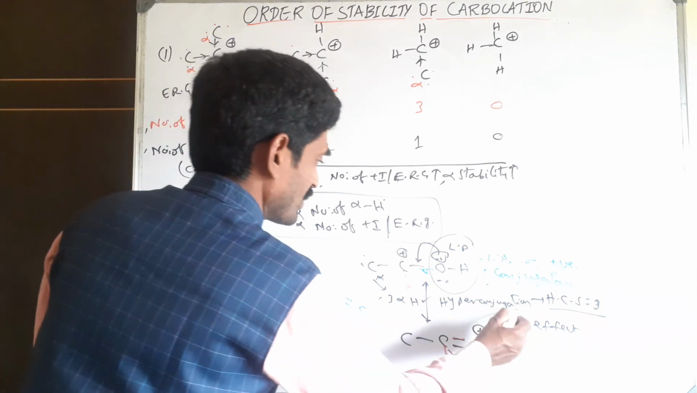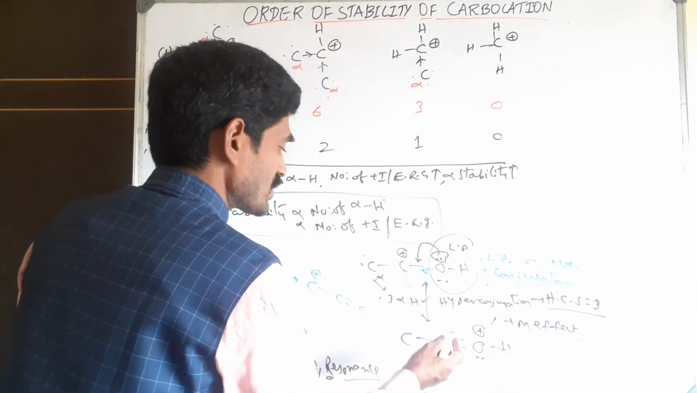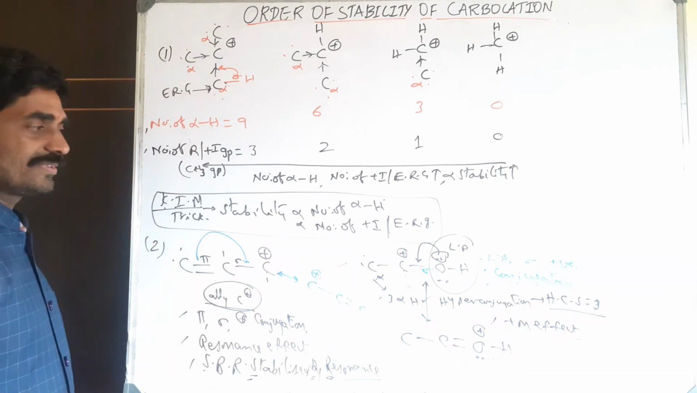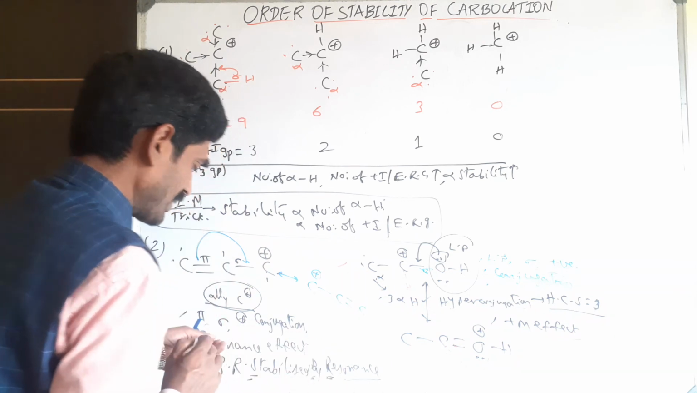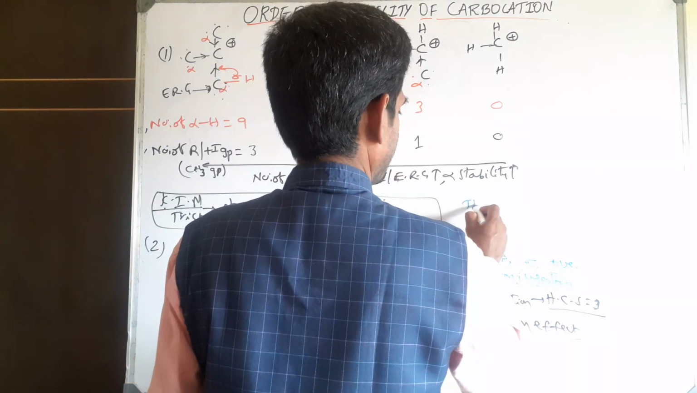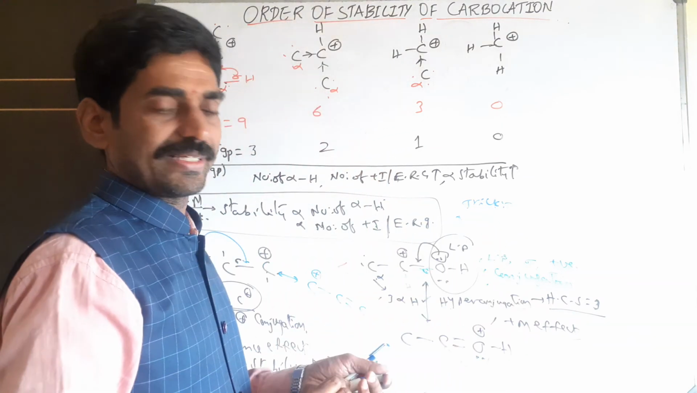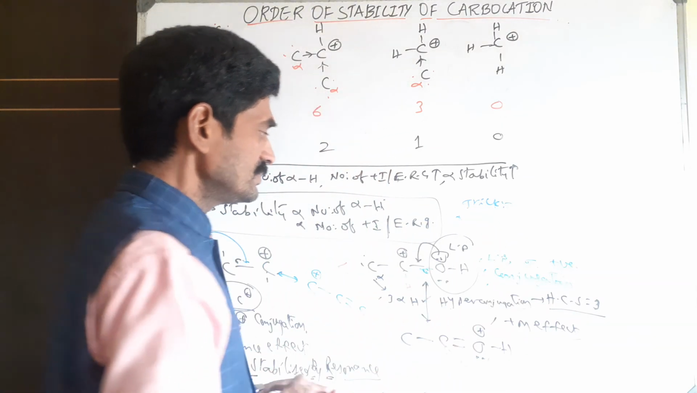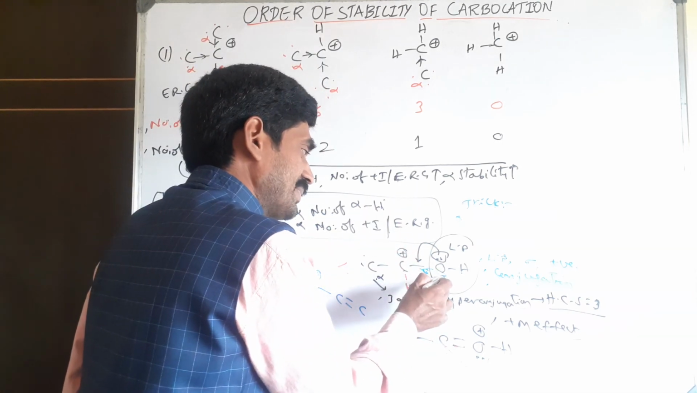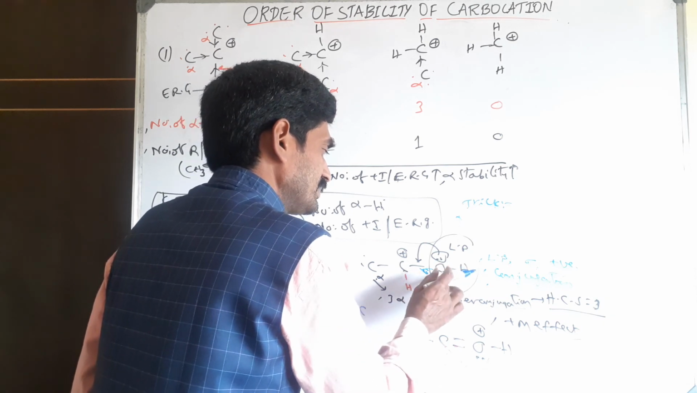So here the hyperconjugation effect takes place and the mesomeric effect also takes place. That's why it is more stable than the allyl carbocation. Got it? So keep one simple trick in mind, my dear students. This is a very important, special trick: if in a given compound the atom adjacent to the carbocation is the alpha atom,